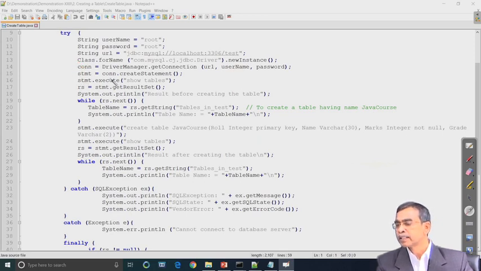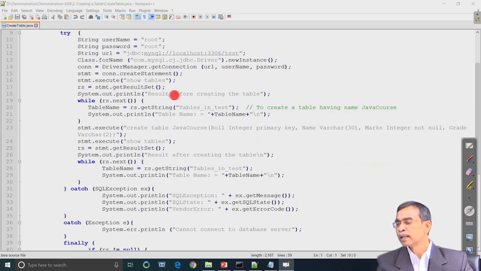And then next, you see, this is the statement that we are going to execute, the show tables command. The result set will be obtained; show tables will show you all the tables that are there in the current active database, in this case maybe the test database. So, RS will get the result set including all the tables that are there in the database right now.